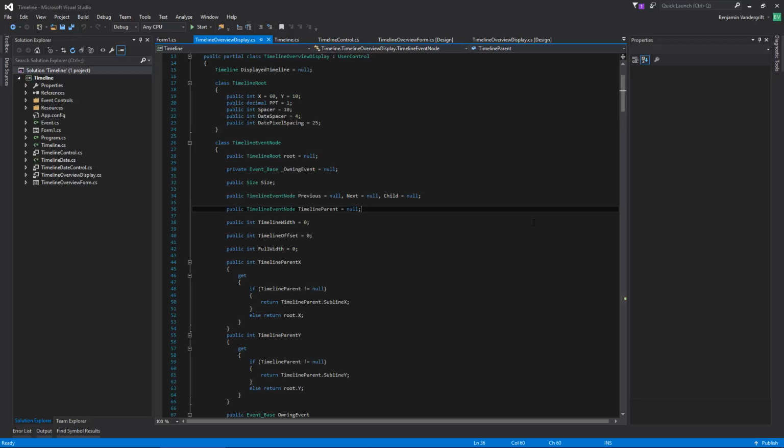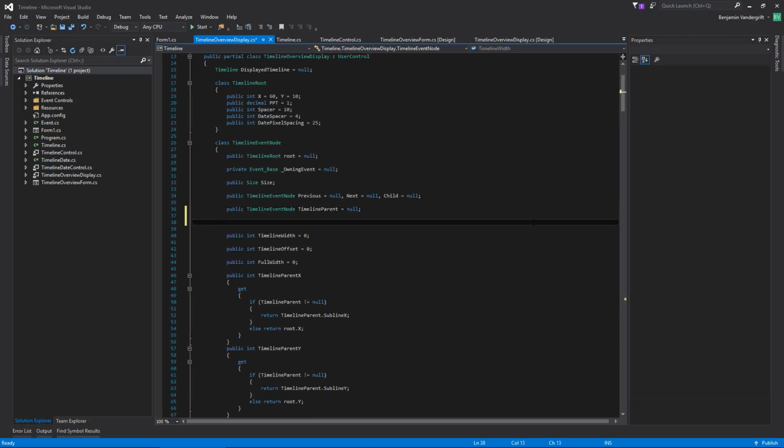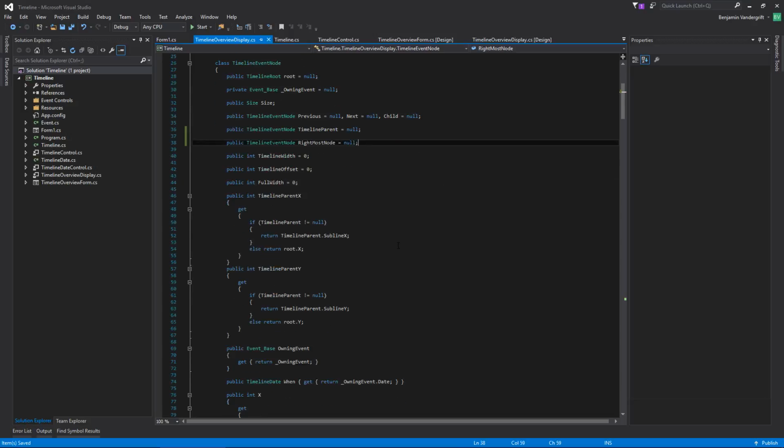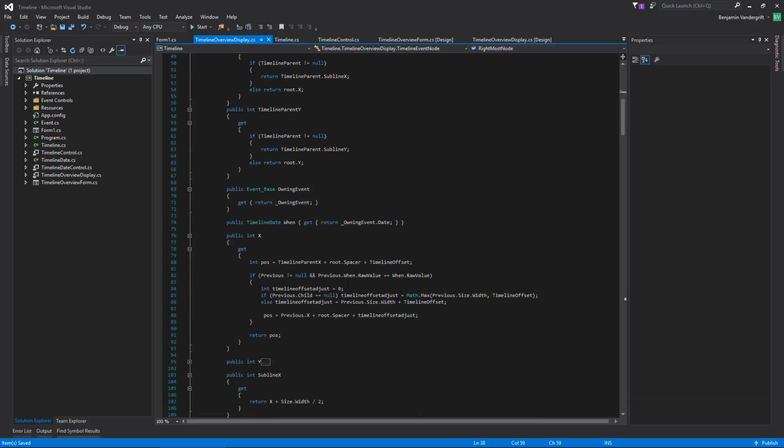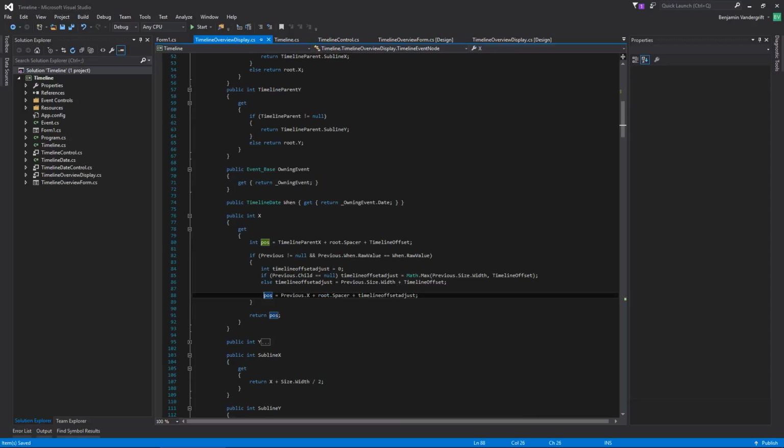And what I'm going to do is make a new timeline event node. And this one right here is going to be the rightmost node. So what I decided for my solution is, instead of trying to do all of this calculation to figure out how far over this needs to be, what I'm going to do is, and right here I'm going to need to do some stuff, but what I've decided I'm going to do is,